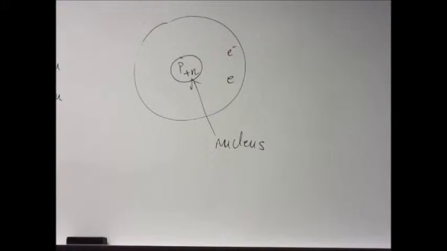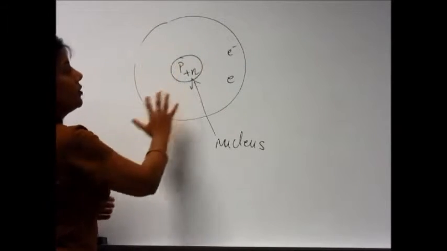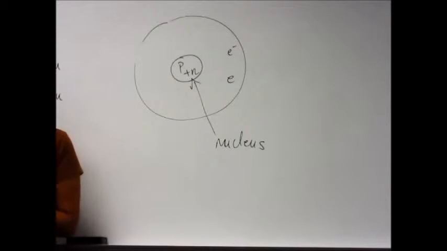Electrons, on the other hand, they're happy campers. They've got this whole space where they can just move around, do whatever they want. All right, so far so good? A little bit of perspective of what this would look like. If you were to take